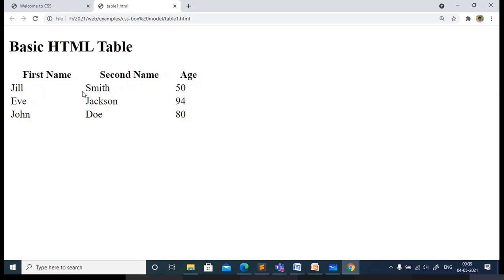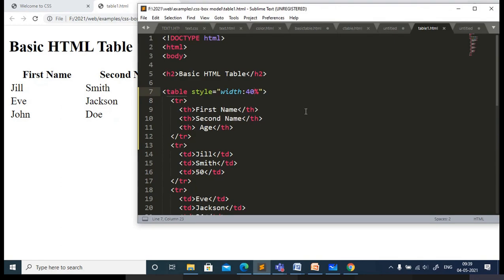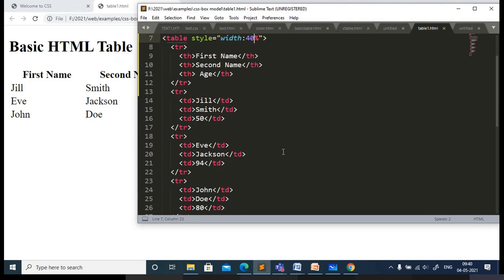You can see the width of the content between the columns is increased. It is not changing with respect to the height, only the width is changing. If you want to apply changes with respect to height, that can also be specified. Here in the style tag itself you can add the height property, and you can see the changes.